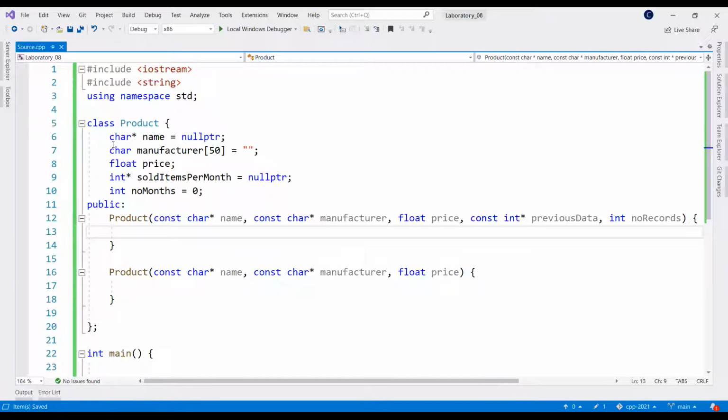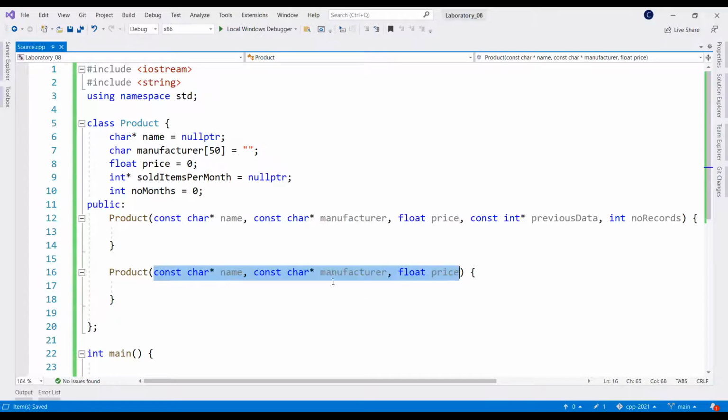We manage these attributes one by one. So let's set the default price. So just add the price here, float price equals 0. Just add the price here. And now this will be the second constructor, which requires the name, the manufacturer, and the price. Okay, so